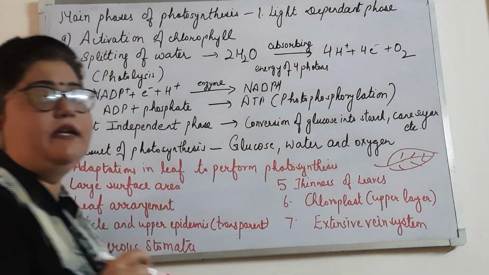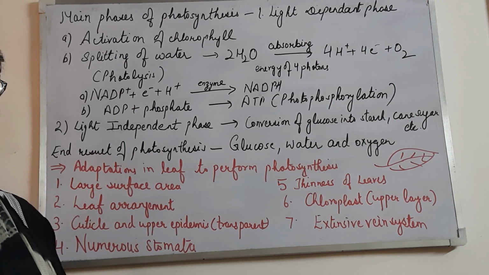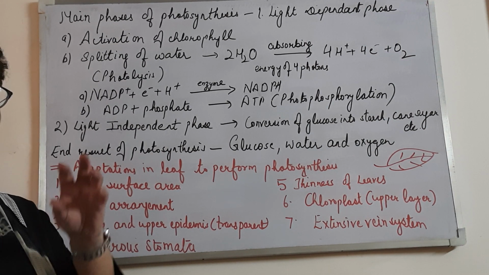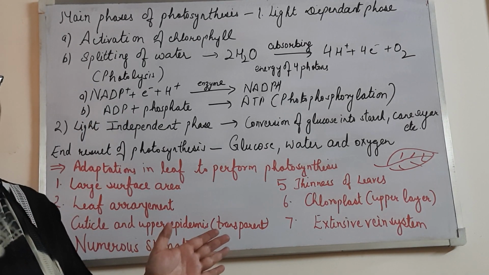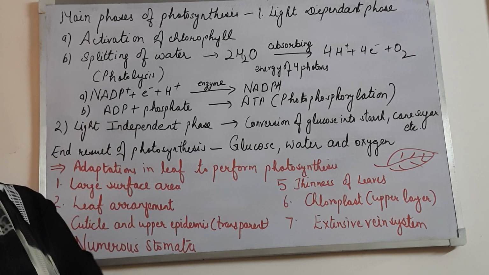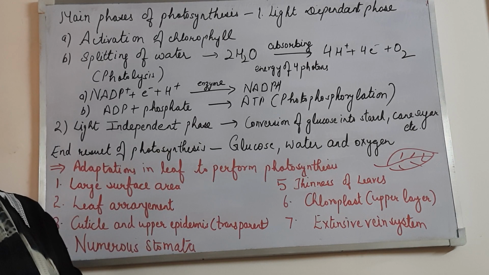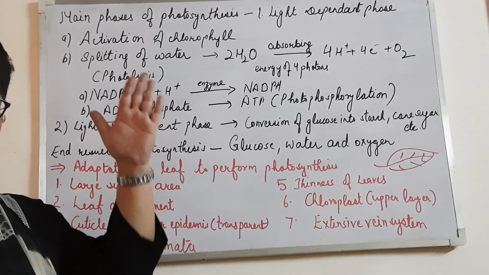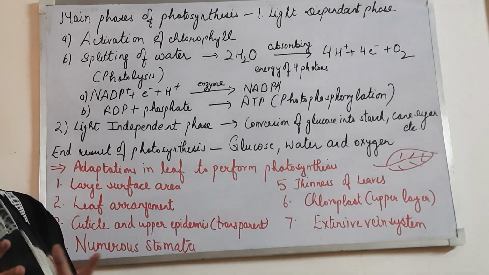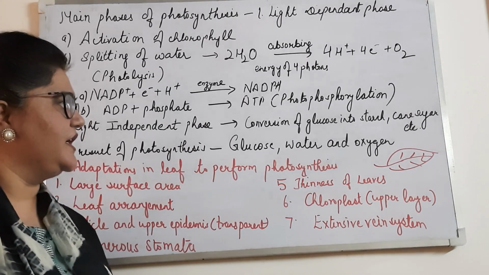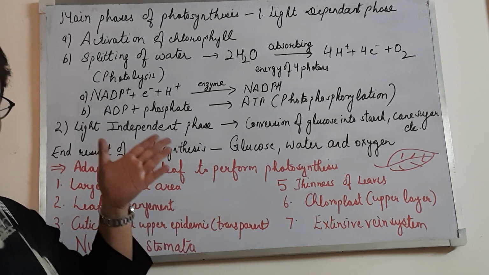Okay, so with the help of the veins of the leaf, this solution goes to the phloem of the stem, and from the phloem of the stem, it is transported to all parts of the plant. This movement of food from the leaf downward to all parts of the plant is known as translocation. Translocation of food. So this is how glucose reaches different parts of a plant.